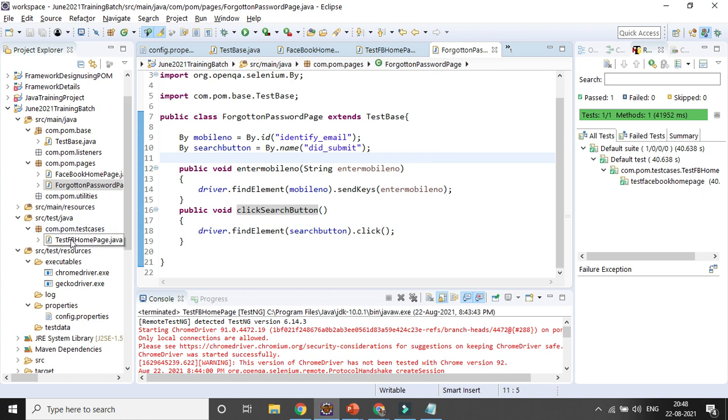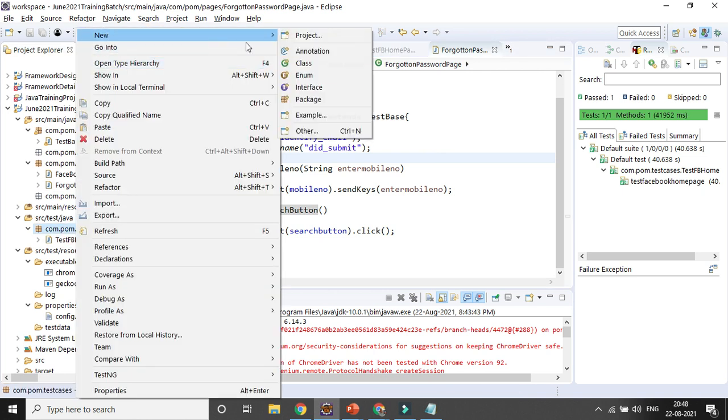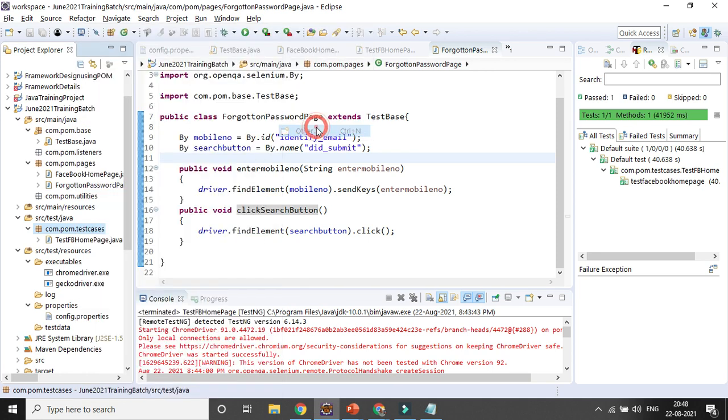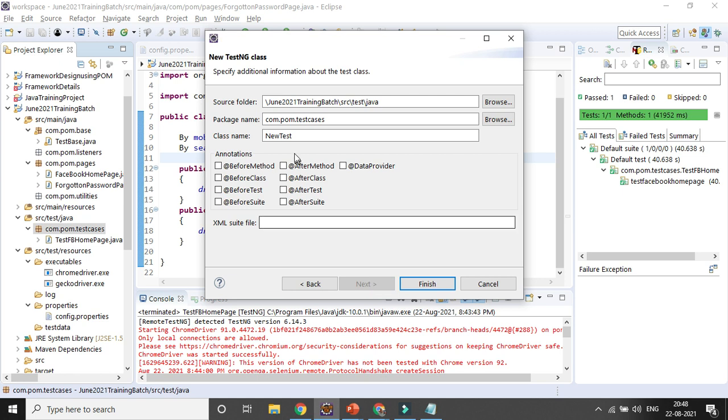Then I'll create another test case with the help of another test engine class. I'll name it test forgot password page. This is my other test case.